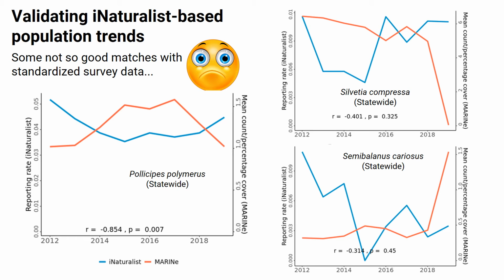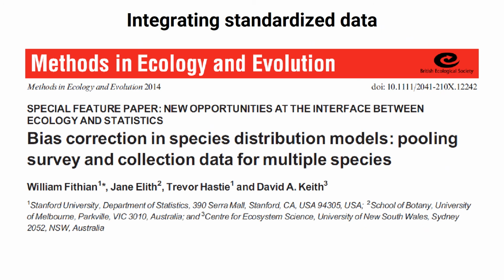We have begun to analyze the correlates of agreement versus disagreement, and preliminary results suggest that the higher the local population size, the larger the number of iNaturalist observations, and the more drastic the population's fluctuations, the higher the reliability of iNaturalist-derived population trends. Ultimately, crowdsourced community-contributed data should not be thought of as a replacement, but as a complement for standardized monitoring data. Fortunately, recent developments in point process modeling frameworks, such as the one developed by Fithian et